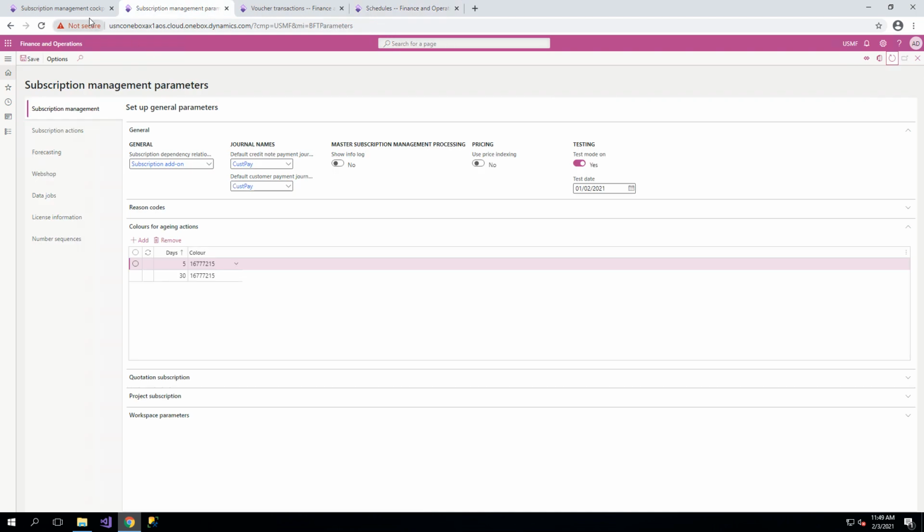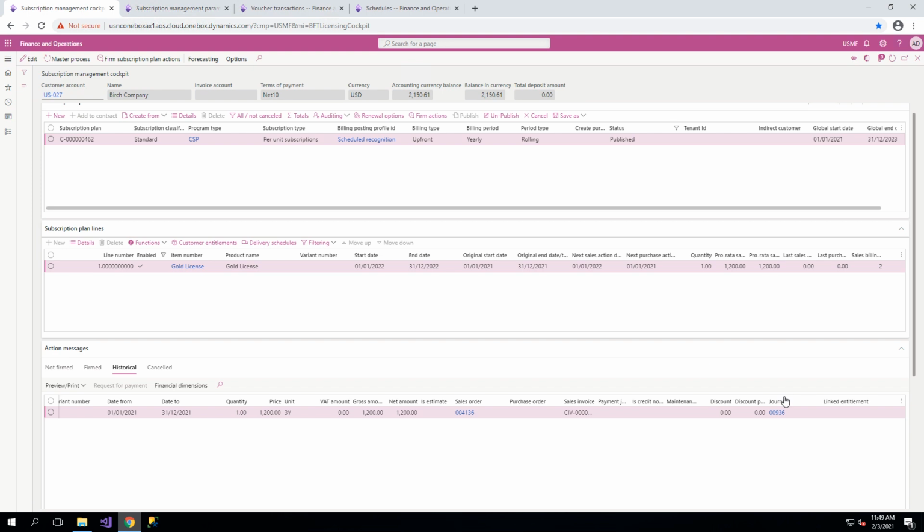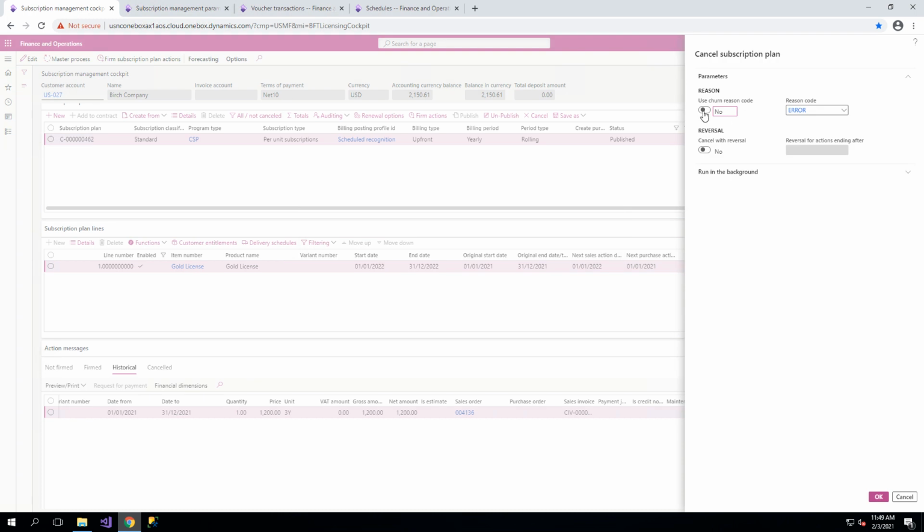So let's go back now to our subscription plan. So again, let's assume I need to cancel this subscription plan. So I'll just do that. I'm going to use the churn reason code. I'm going to cancel with reversal, and now I'm assuming that this is going to be a cancellation which is applicable from the 1st of July. So maybe it's the 1st of July,